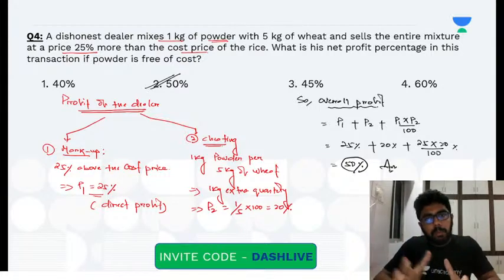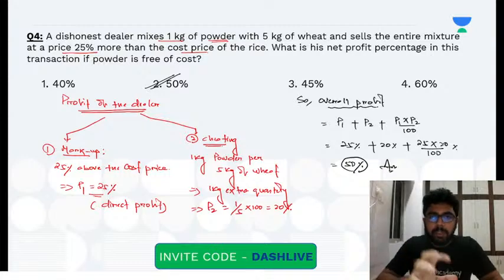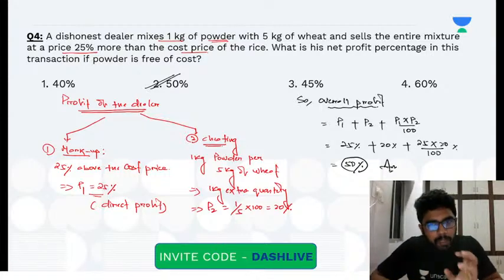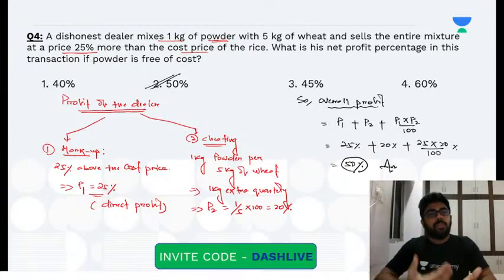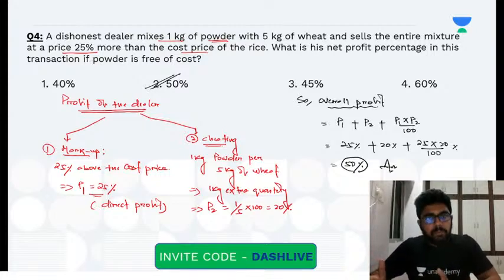So 1 kg is the profit on 5 kg, so that is like 20%. This is something which people sometimes find difficult to understand. Assume you are the dealer, you paid for 5 kg, but somehow you made it 6 kg without incurring any additional cost. So that extra 1 kg is your profit. 1 kg on the cost of 5 kg is your profit. So 1 by 5, 20% is the second kind of profit that you make by cheating.